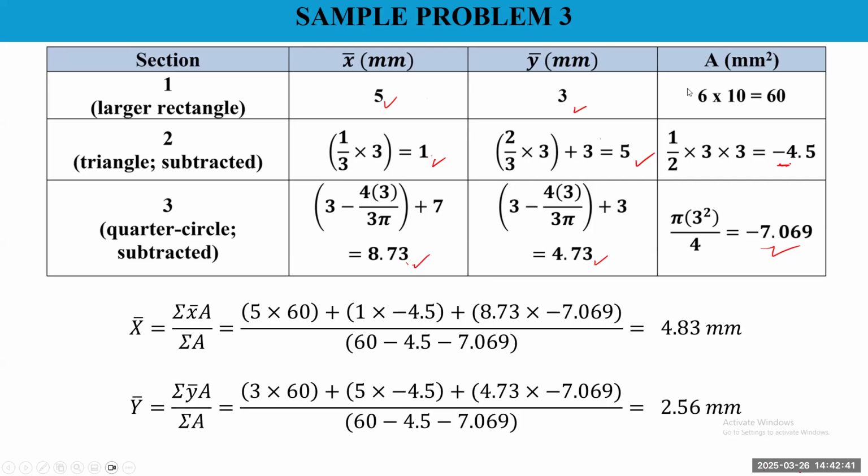So 5 times 60 for the x1. And then the next one they have here is 1 times the area here. So they're doing the x column first, and then the next one they multiply this now times this. So see you have it there. So all of that would be the total